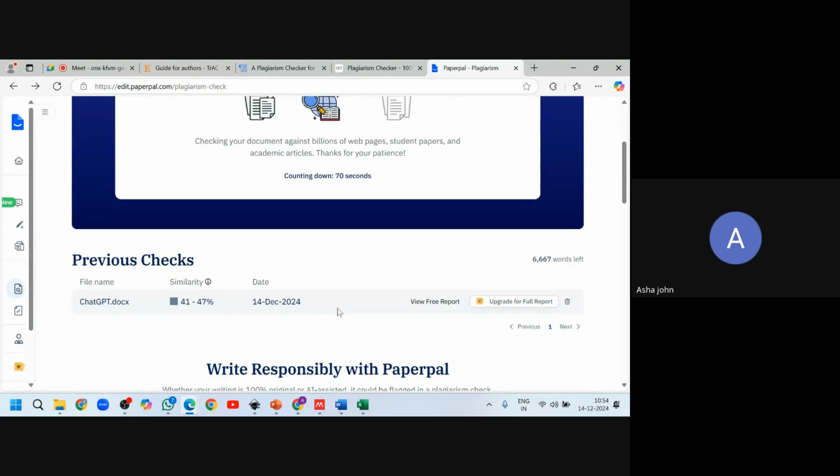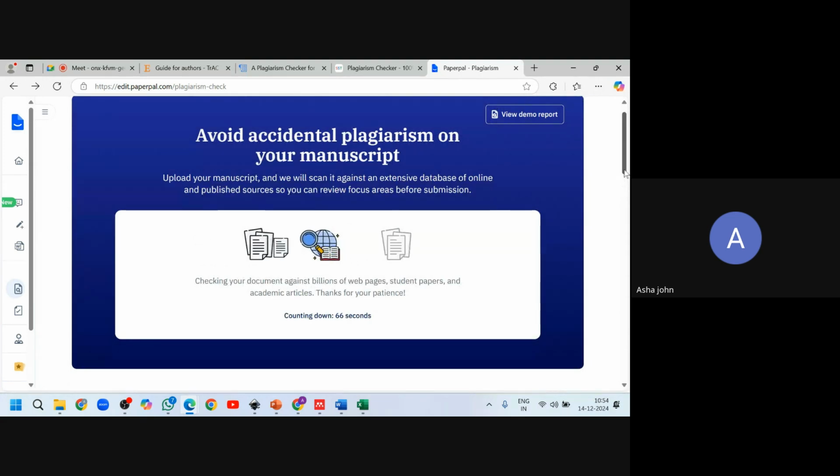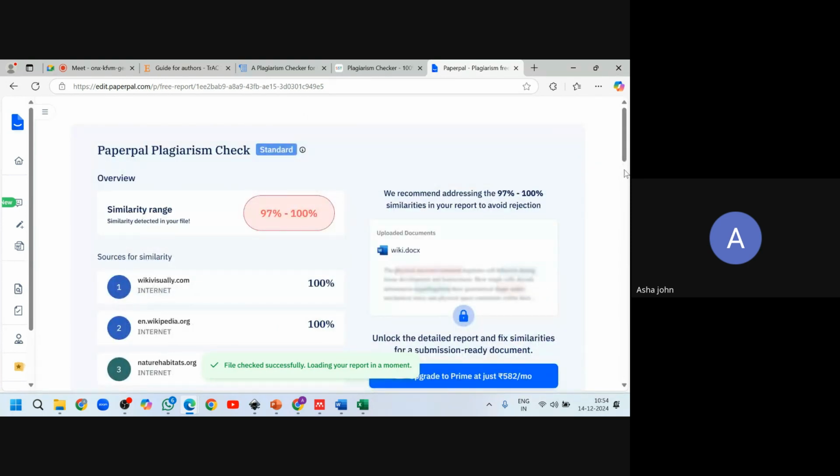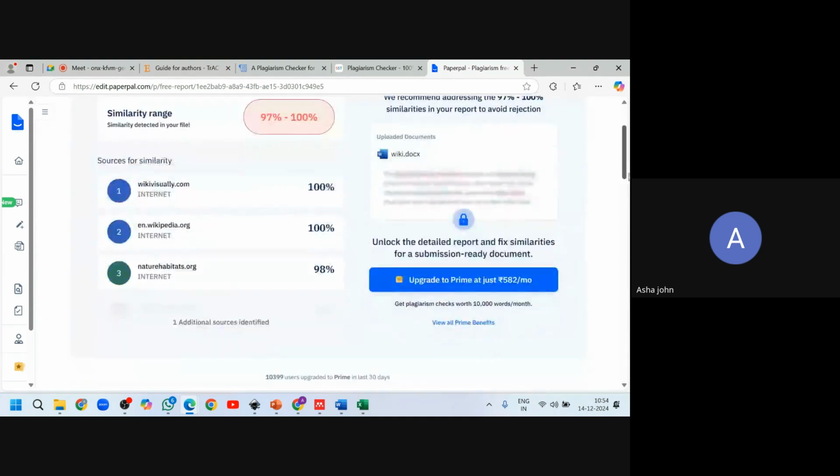The reports will be here. Okay. So it shows a similarity range of 97 to 100.